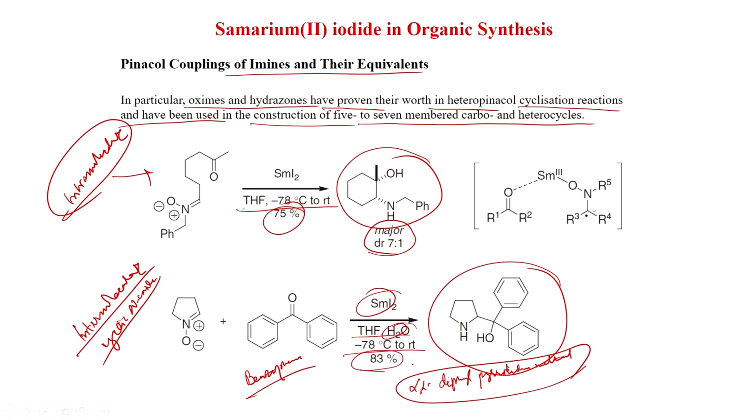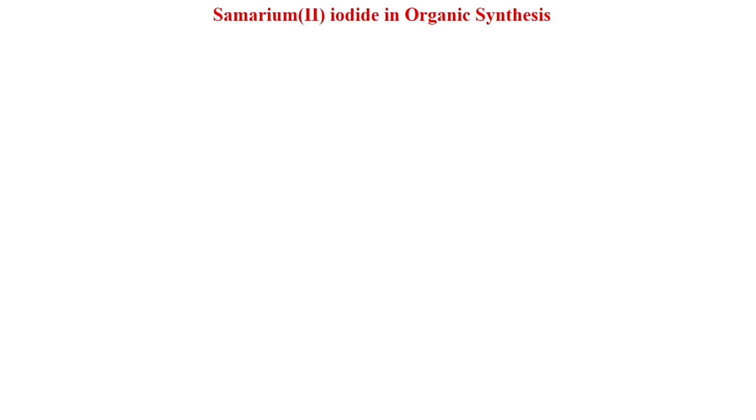So, water enhances the reactivity of samarium iodide, and here also a similar mechanism is operating: the reduction is happening first and then this radical can react here, and then a second samarium iodide will convert the radical to the O anion, and after a proton source you get this. This was published in Angewandte Chemie International Edition 2002, page number 1772.